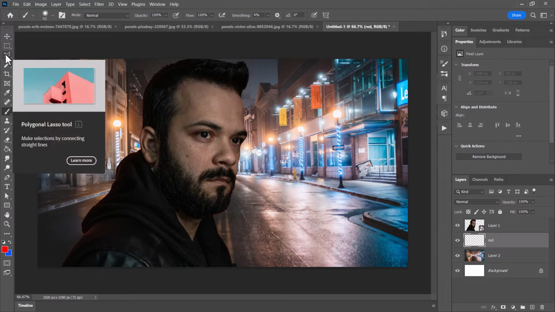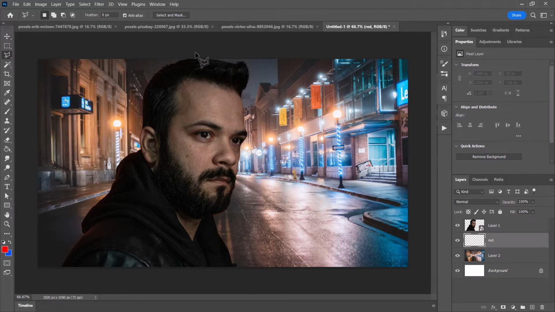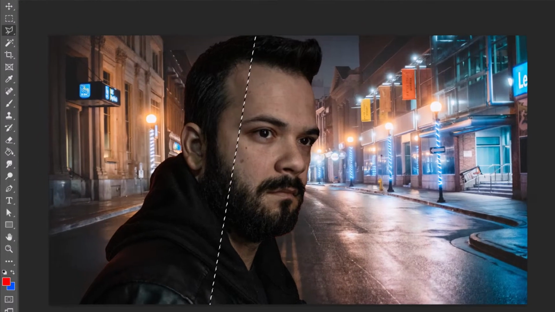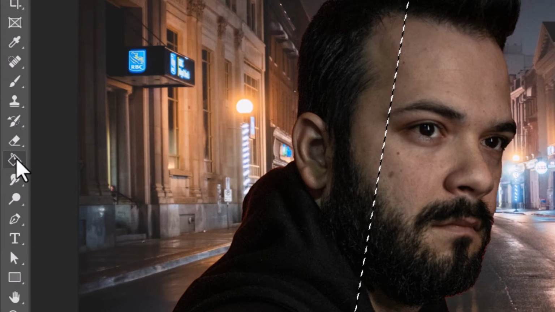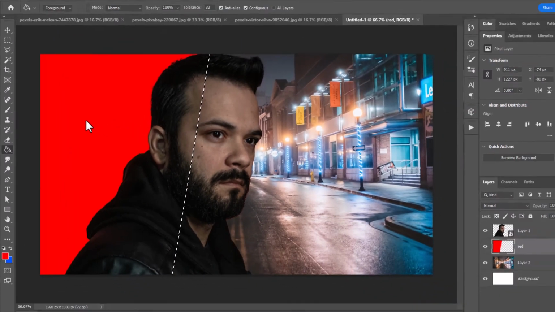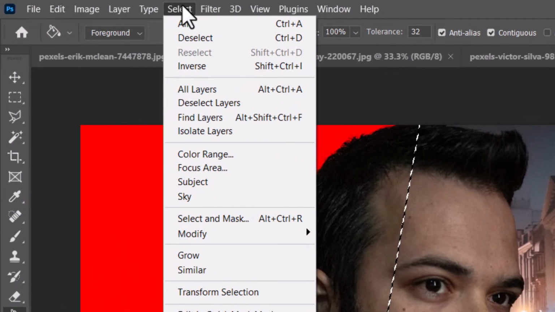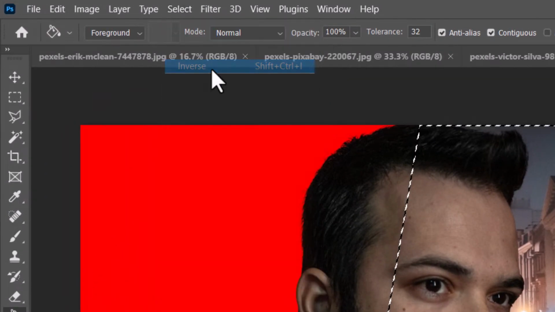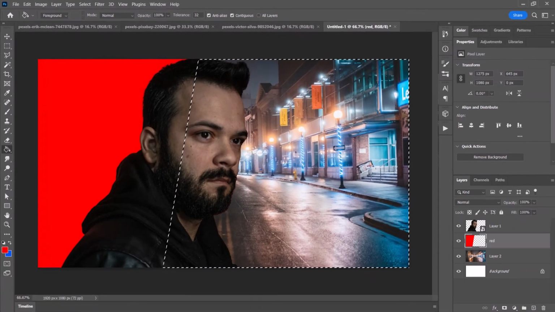And what I'm going to do is grab my polygon lasso, and I'm going to go right through the middle of our subject, right where it connects up so we don't see any lines. I'm going to select this left side here, get my paint bucket tool, and pop that red on that side. I'm then going to go to Select and Inverse Selection, so we select the opposite side,